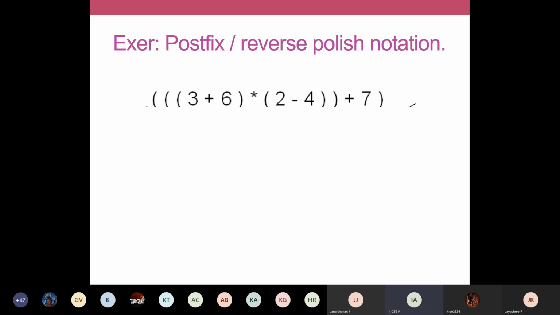3, 6 plus, 4 minus star 7 plus. Yes, very good. Okay, both answers are correct. Okay, like this, have you all solved? Try to answer or write this answer. Just scan your string from your left, move the operators to the right hand side, that's all. It is a parenthesized expression, so there is no confusion. Simply easily you can write. Okay, very good.